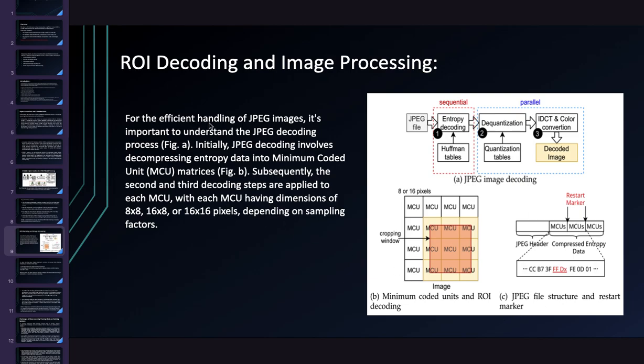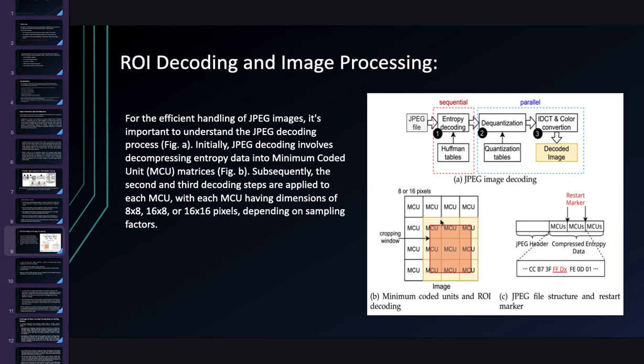For efficient handling of JPEG images, it's important to understand JPEG decoding. Here the first one is the JPEG decoding process. Initially, JPEG decoding involves converting entropy data into minimum coded unit